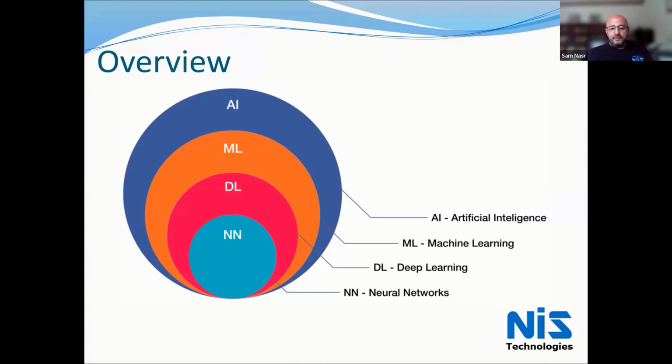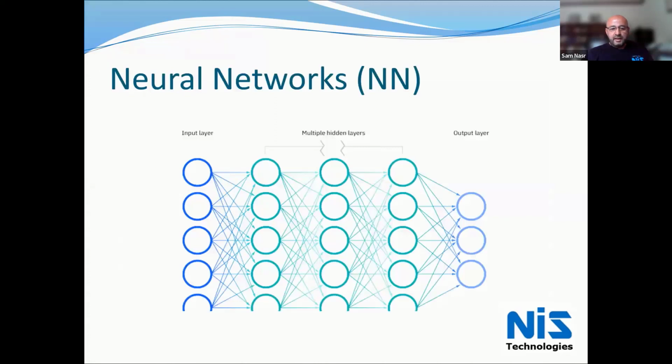So let's dive a little bit deeper and start with neural networks. And what you see here is a diagram of neural networks where basically we have the input layer on the left, and then we have the output layer on the far right. And then in between, we have more than 1 layer depending on the decisions that we need to make. And think of neural networks kind of like a decision tree. You're providing one input, and then based on the output of that, you're going to make another decision.